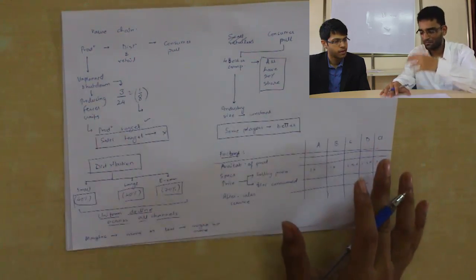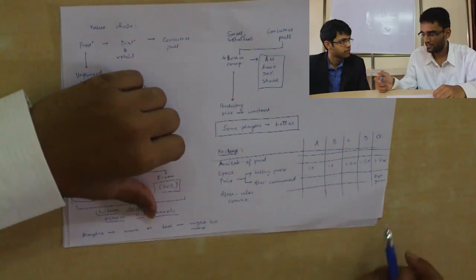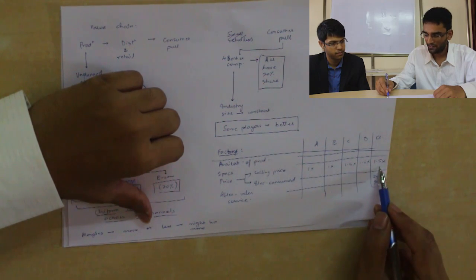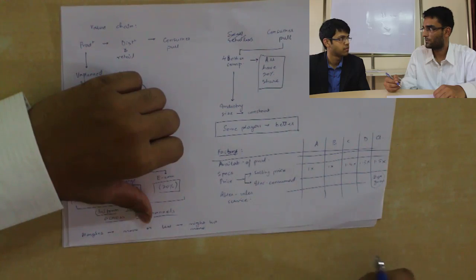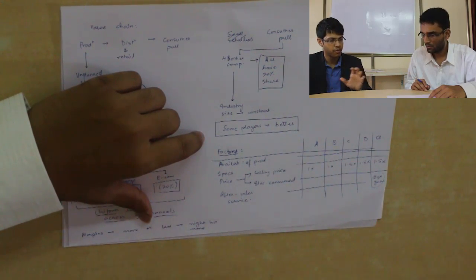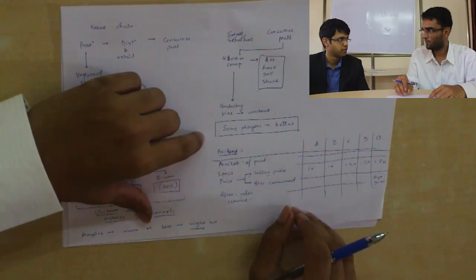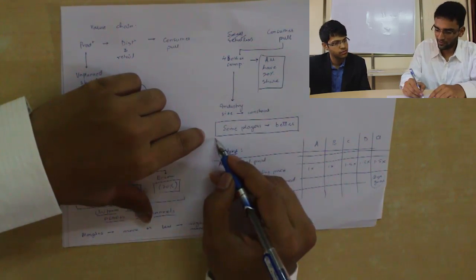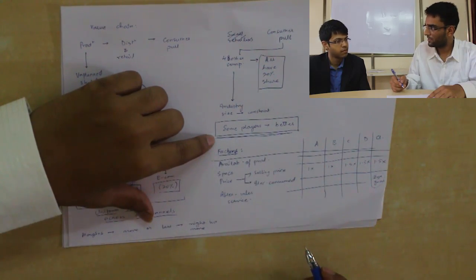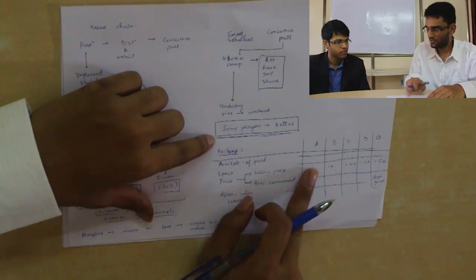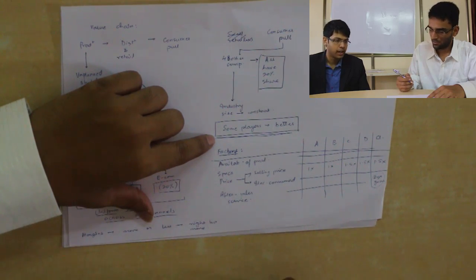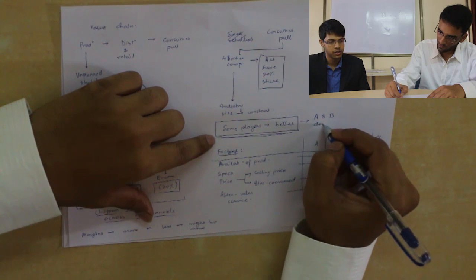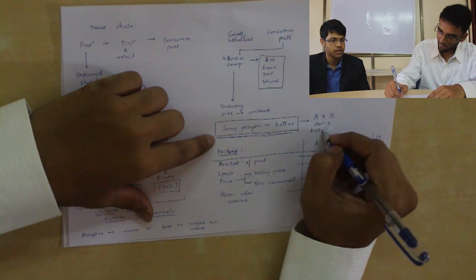Okay, so this rough matrix tells us one thing, that we are better at after sales service and our prices are higher than the rest of the competitors. Not everyone, but compared to A and B, while it's similar to C and D, right? Yeah. So I would like to go back to one fact that we mentioned here, that some players are doing better than the others. I would like to see if these overlap with people who are offering a lesser price. Yes, in fact that's the case. So A and B are doing better, their market share is increasing, while C, D as well as us are seeing a reduction.